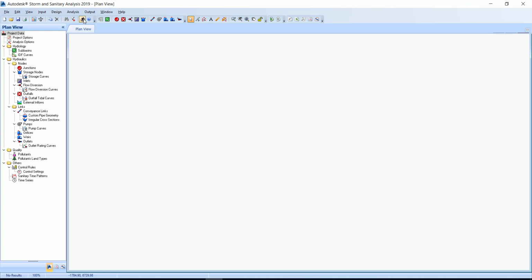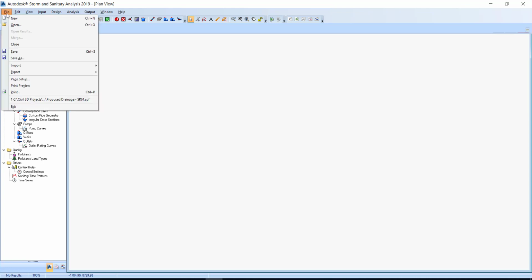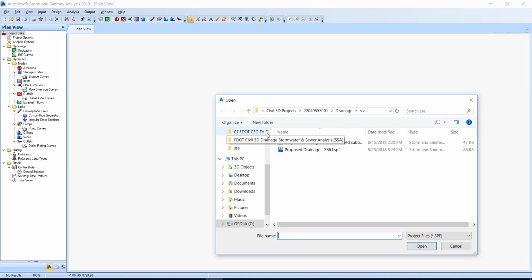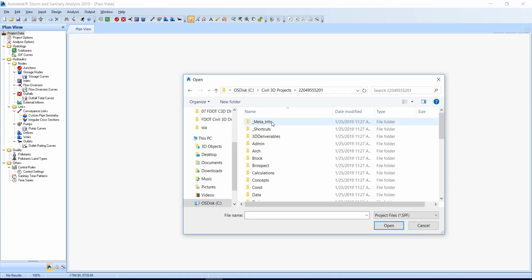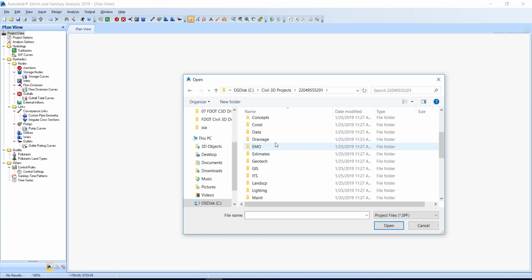Exercise 7.1. Set up an analysis. Set up the hydrology method and the project options. After starting SSA, let's open our project file. Go to the File pull-down menu, choose Open, go to your Civil 3D Projects, select 22049555201, go to the Drainage folder,